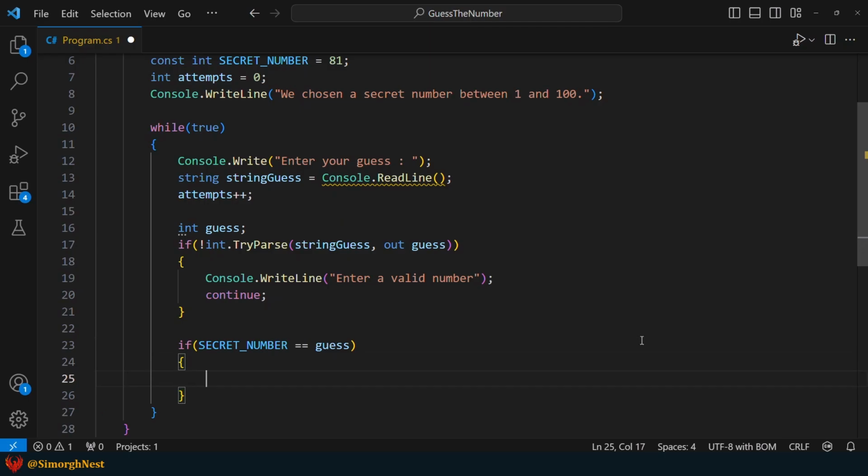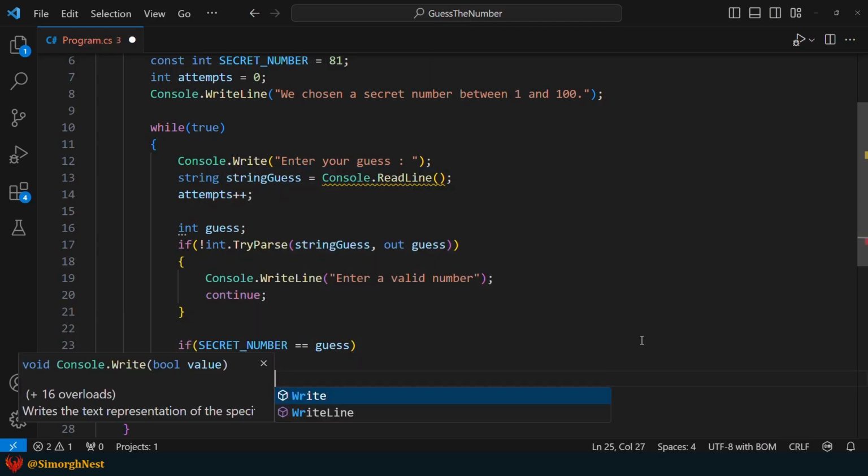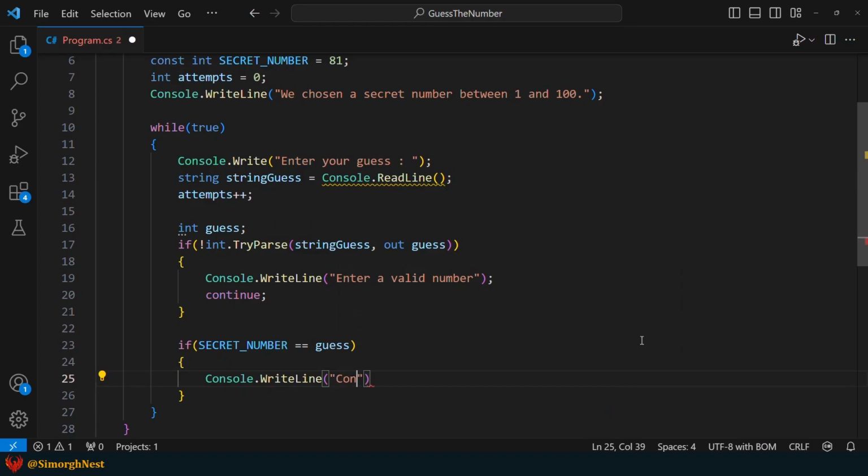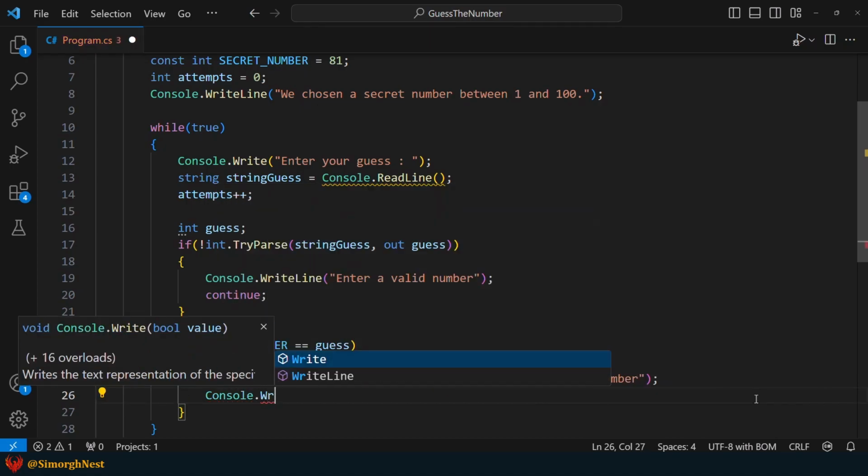Inside the if block, we congratulate the user. Then, let's print the number of attempts.